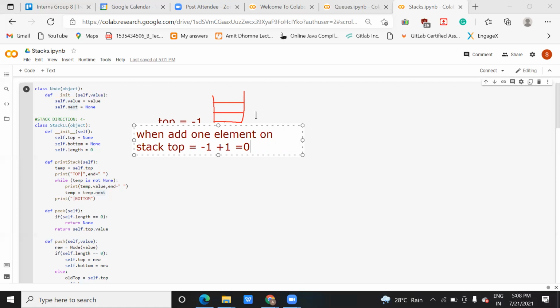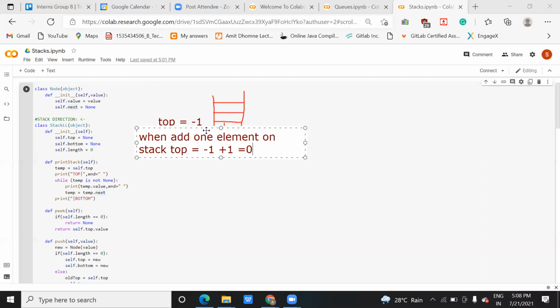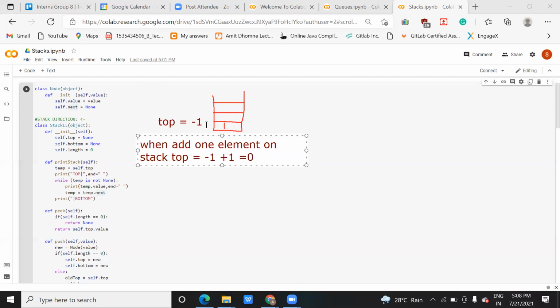In order to understand the algorithm, you can manage this top, but top is just pointing to an element. It does not have any value, just like an array 0 1 2 3 4 5. Top is usually used to point to an element. But when you don't have any element on the stack, then top is equal to -1, to say that no element is present in the stack, or you can even say top is equal to null. It means the top pointer is pointing to no element. Do you understand now, or is it confusing?